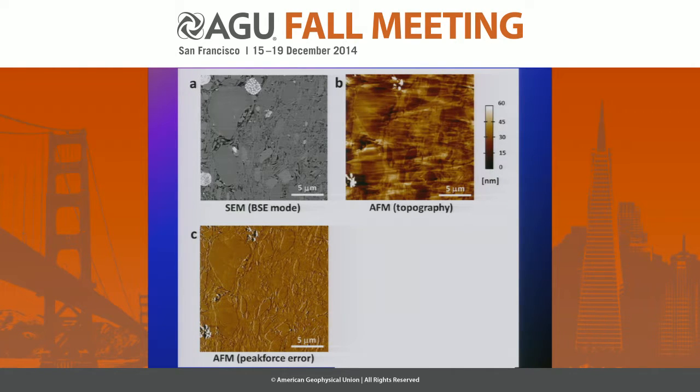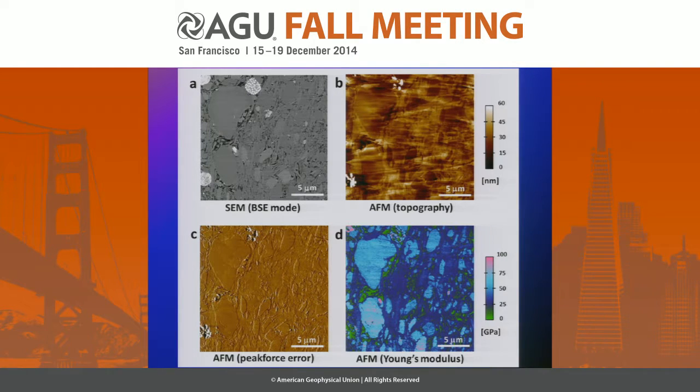When we use another mode that's related to the topography, it's like shining a light on the surface, so it gives us a pseudo 3D image. Suddenly we see a few more grains popping out, but again, we don't see very much. However, when we pop to the Young's modulus map, suddenly we actually see the individual grains,